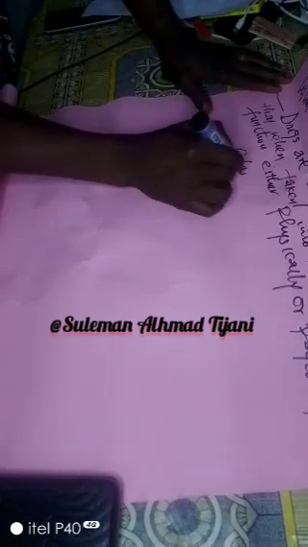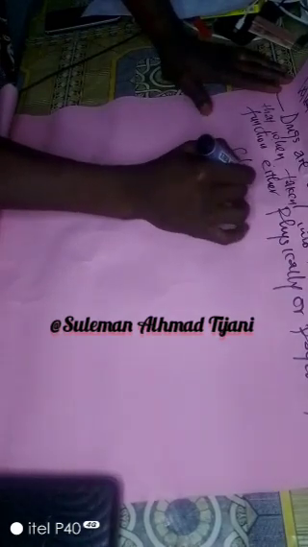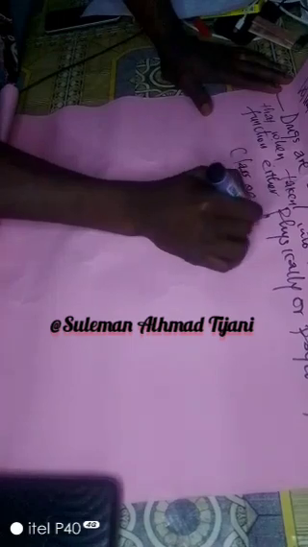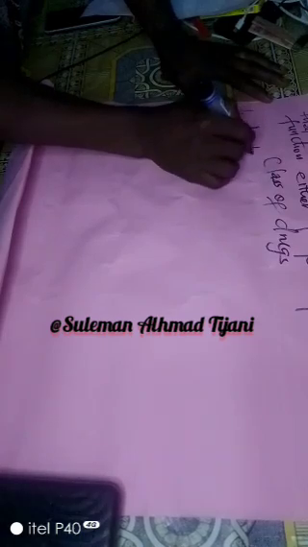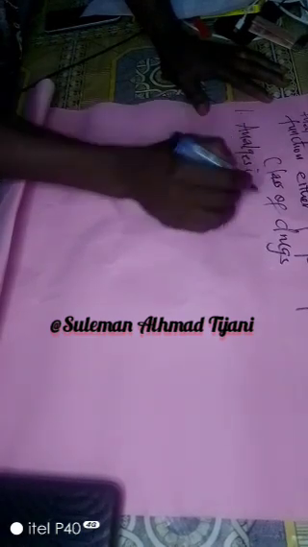So now we have the definition of drugs. We talk about the classes of drugs. Which one is the first class of drugs? The first is analgesic. So we talk about analgesic.